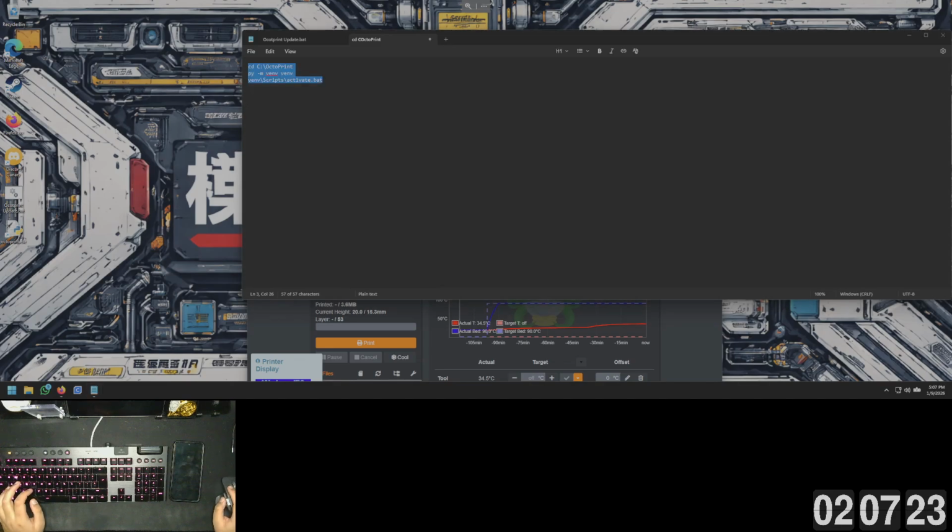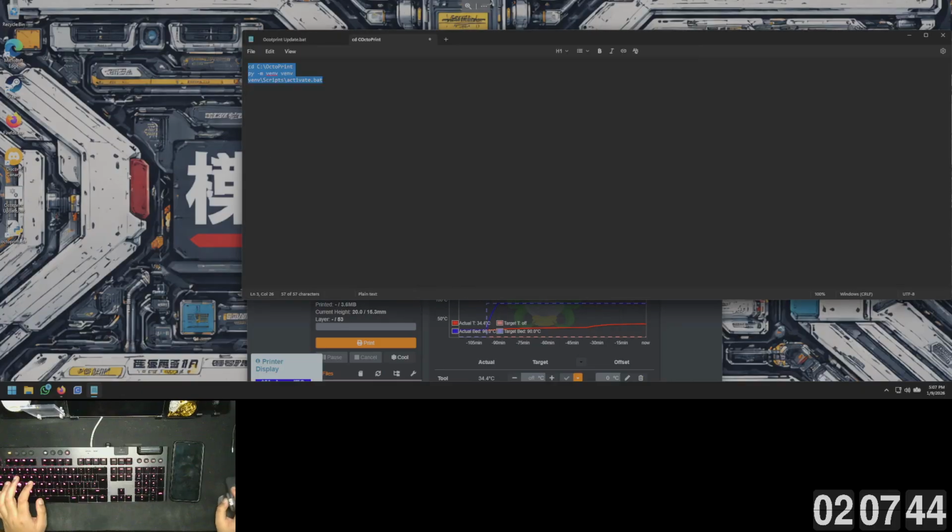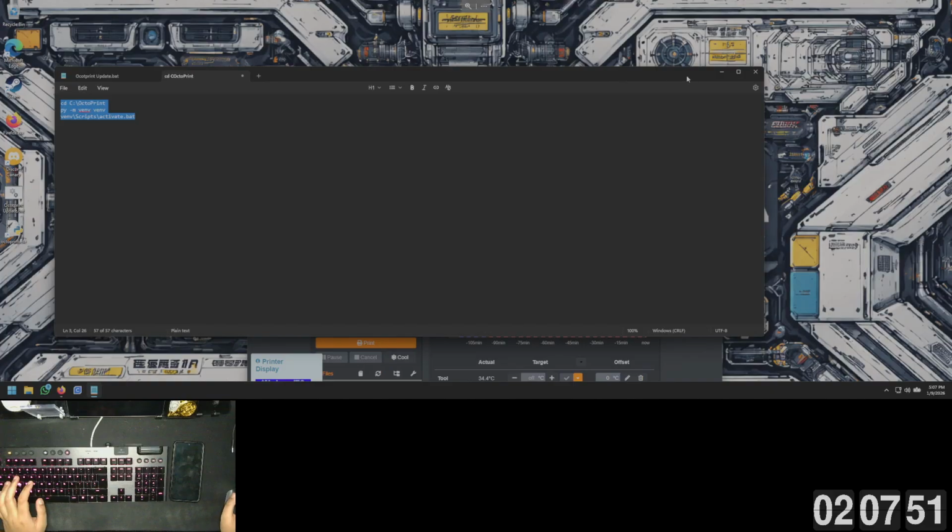So what you will do is you open a notepad, like so. In this notepad, you paste this code in. File, save as. I just call it OctoPrint update.bat, all files, and you will save it. When you save it, you'll get this icon over here, which is like with the gearbox, and if you double click it,